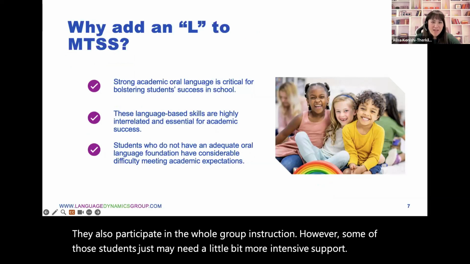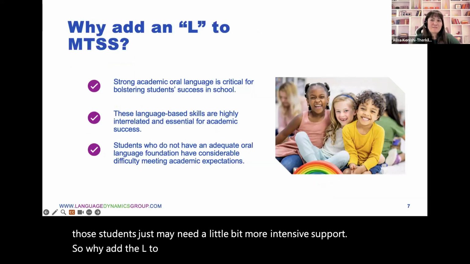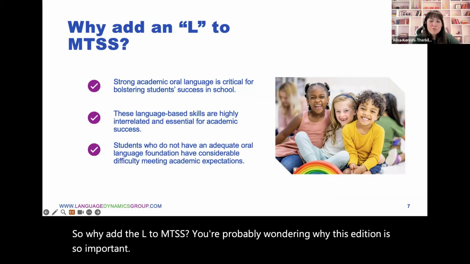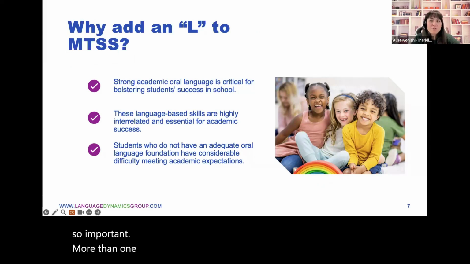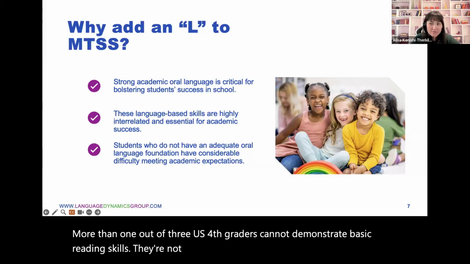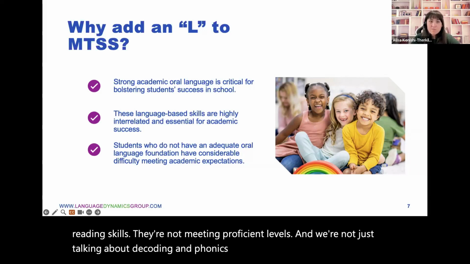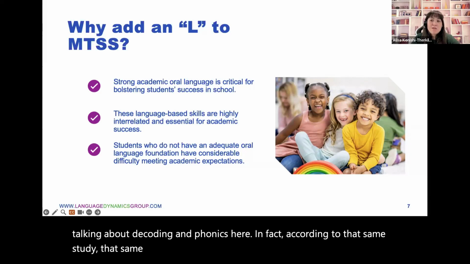So why add the L to MTSS? You're probably wondering why this addition is so important. Well, more than 1 out of 3 US 4th graders cannot demonstrate basic reading skills. They're not meeting proficient levels. And we're not just talking about decoding and phonics here. In fact, according to that same study, that same NAEP assessment, more than 90% of those students are actually reading